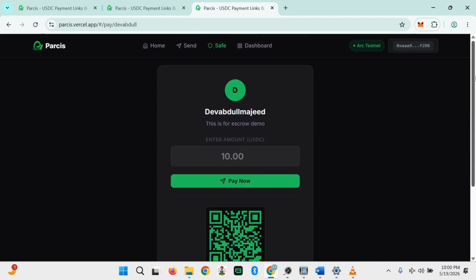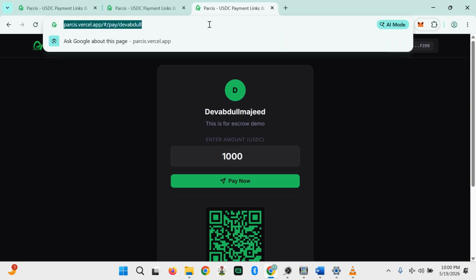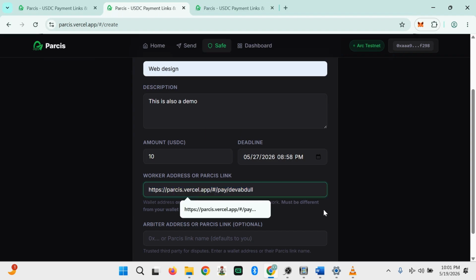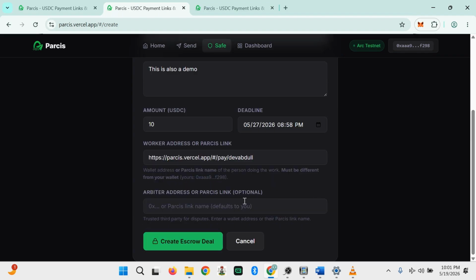You let the sender choose the amount of USDC they want to send. Let's say I want to send 90, I want to send 100 USDC or thousands of USDC. So I have this open tips link and I submit it to the client, so he puts it here, right? I pasted it here, and also we have the arbiter.